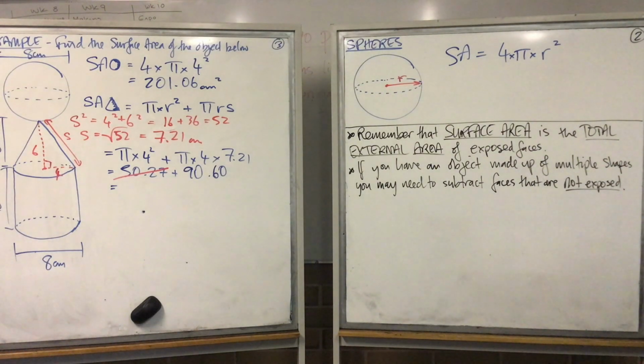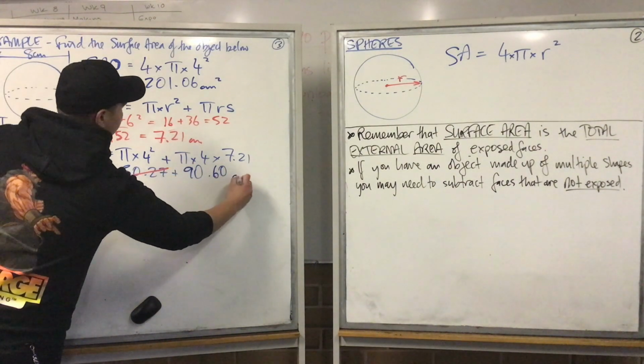And also, if you're thinking ahead, if I'm finding the surface area of this, and the formula I've given you for the cylinder includes 2 circles, do I need to find 2 circles' worth? No. Because is this circle on the top of the cylinder exposed? No, I only need 1 circle. Okay, so